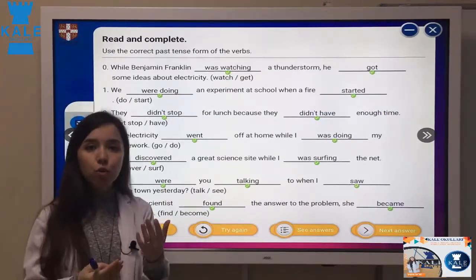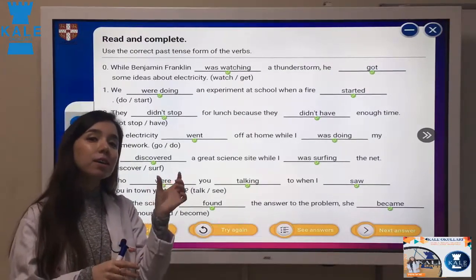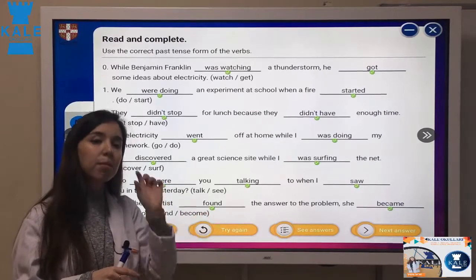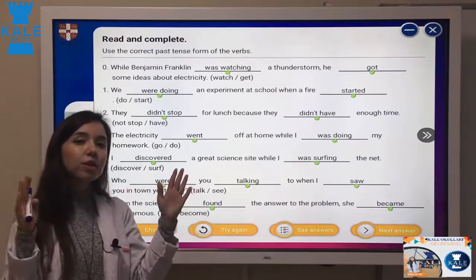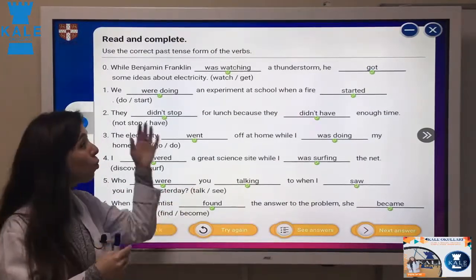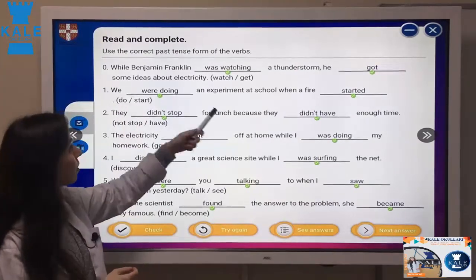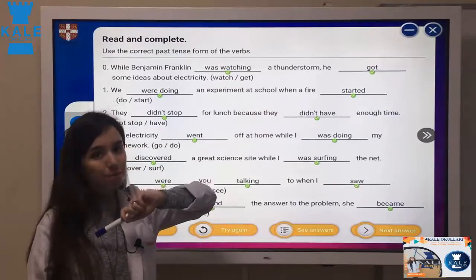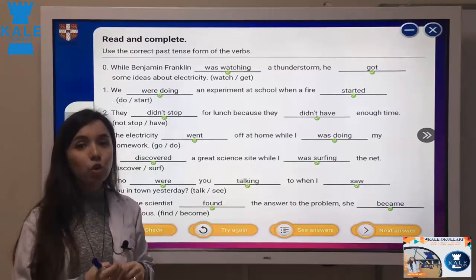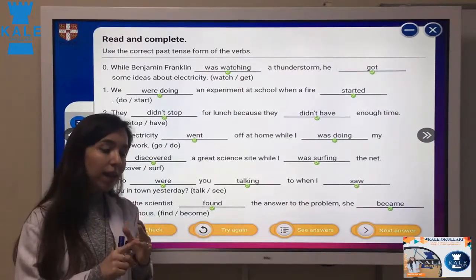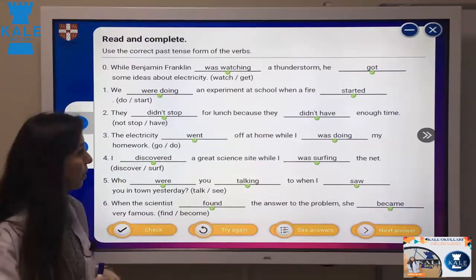So again, I just want to review. We use past simple for something that finished at the exact moment of the time, a particular moment of the time. We use past continuous for something that continued in a period of time. And in one sentence, how can we use both of them? If you have when, after that comes past simple, as I told you. When we have while, after that comes past continuous. So pay attention to the sentence, when or while. But if both actions happened at the same time, you have to write just past simple for them.